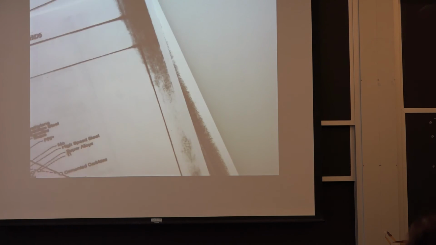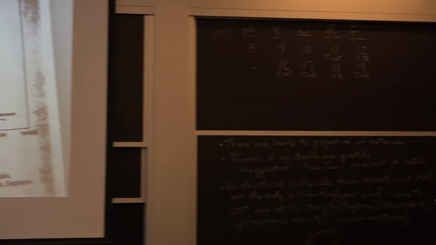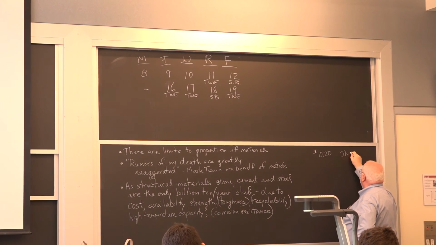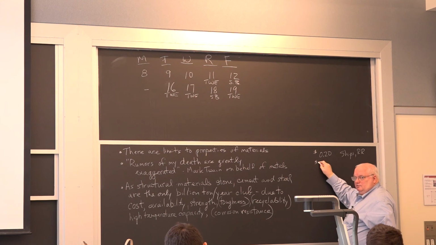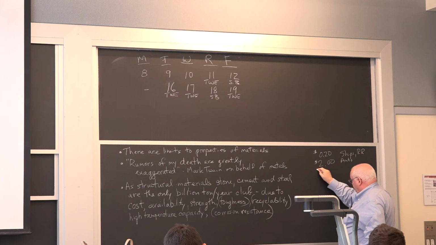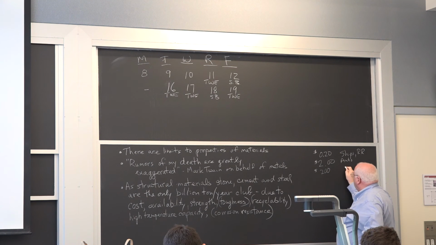But anyway, you could read this, but there's also something in here, and I've already told you this other thing that's in here, and that's the value of a pound saved. And the value of a pound saved of the life of a vehicle is 20 cents a pound for ships and railroads. Anybody remember what it is for automobiles? $2 a pound. And aircraft, 200. And spacecraft, 20,000. So I've already used those numbers a number of times.